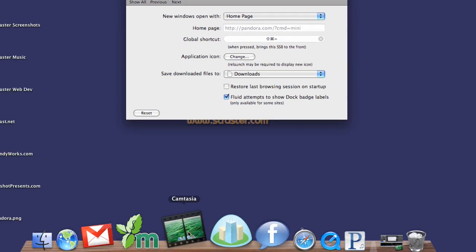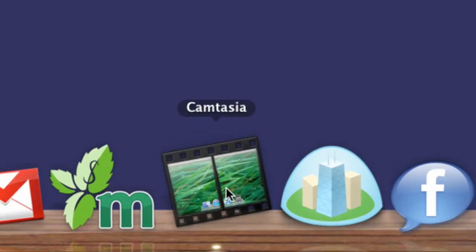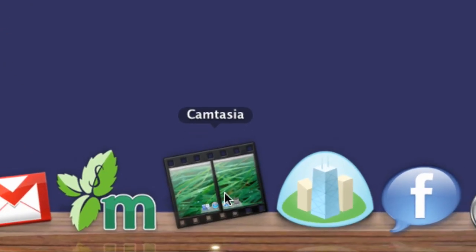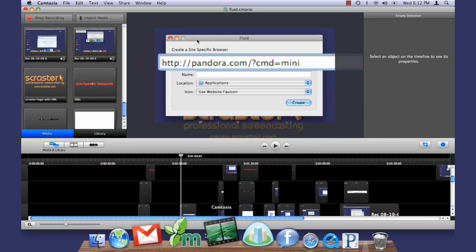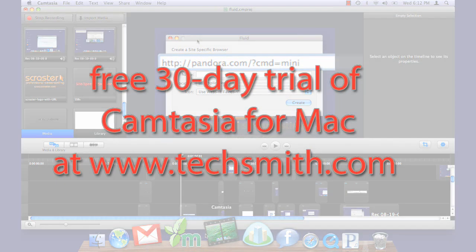Another of my newest icons is this one here. It's not a Fluid icon, it's the icon for the new Camtasia for Mac screencasting software. It's the software this screencast was made with, and you can download a free trial at